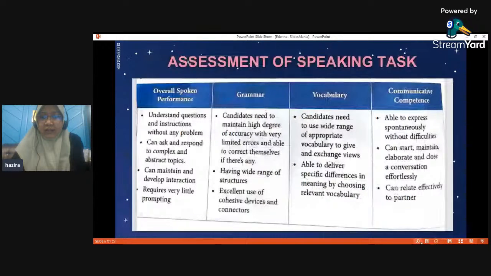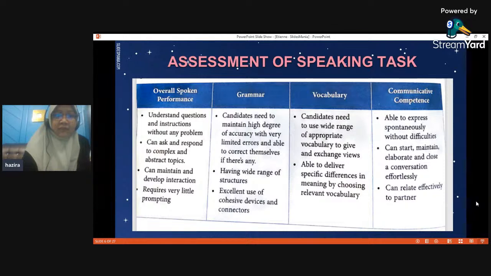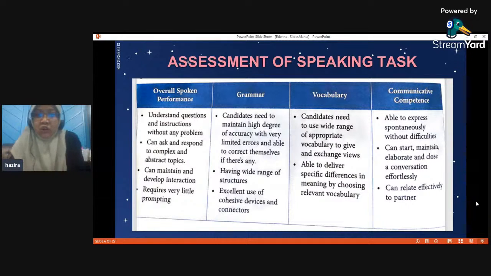Okay, next slide. I would love again to share with you the assessment of your speaking task. Your teacher will refer only to this skill when managing the test. The first skill is called overall spoken performance. The key features of overall performance in these descriptors are